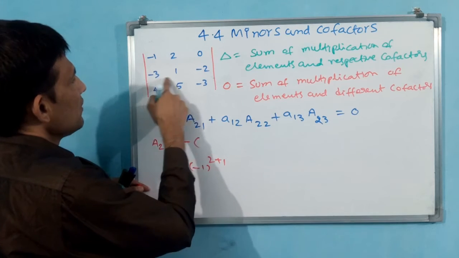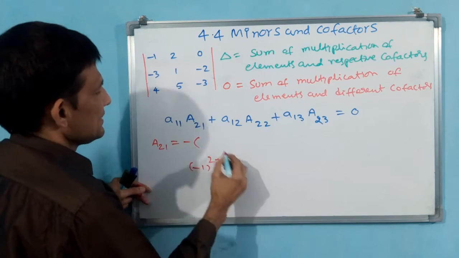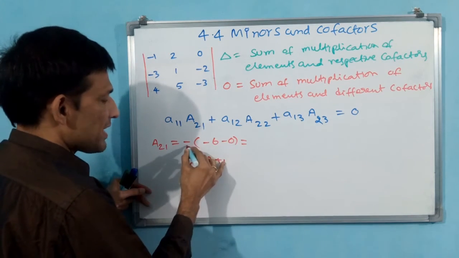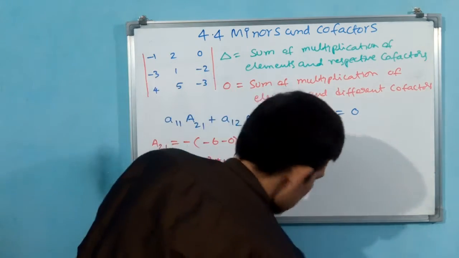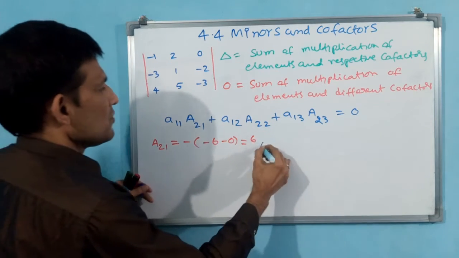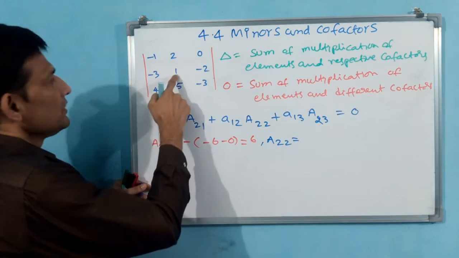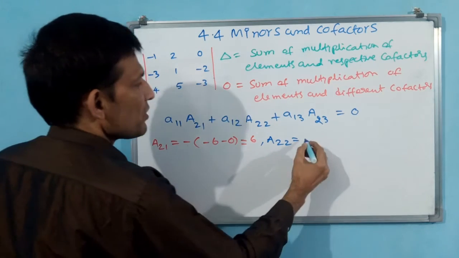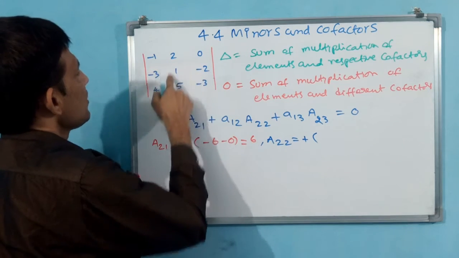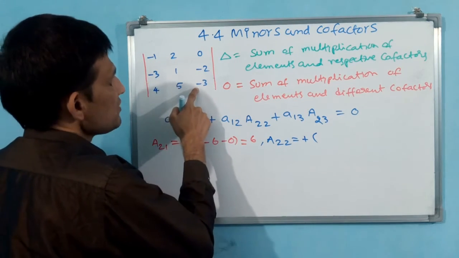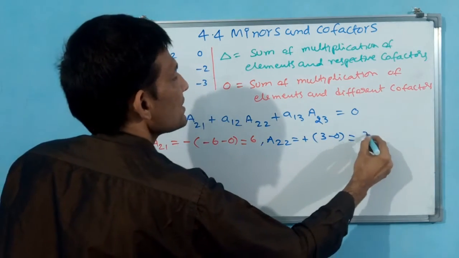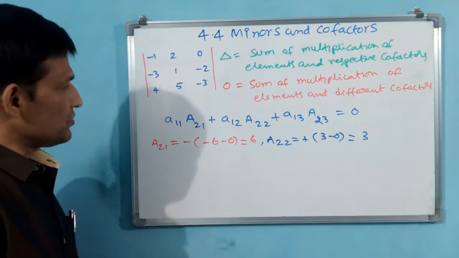Now you see this row, this column, if I close, minus 6, 0, plus 0, minus 0, whatever it may be. That means minus of minus, plus 6 will be there. Now, one cofactor we have received, A21. Again you take A22. A22 means plus only. Now we have closed this second row, second column. See, minus into minus, plus 3. 0. That means again this also 3 will come. That is also positive.